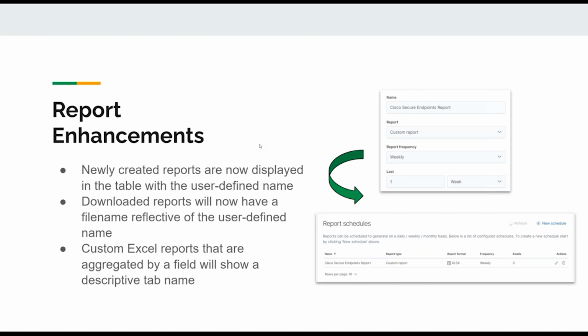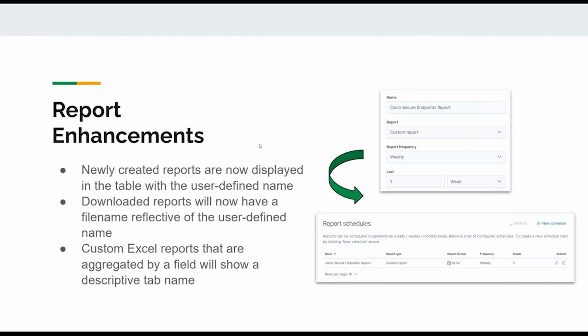Before it would just say custom report, and this is definitely going to be more detailed and allow you to find things much more easily. And of course, the custom report name that you give it is going to be listed in the table, and then when you download that report, it will have that name as well.